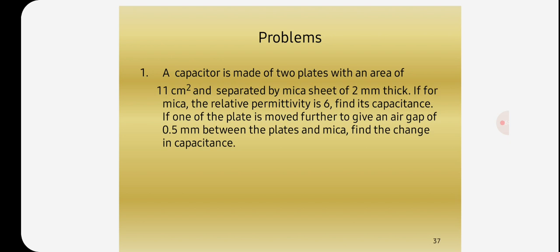So here a capacitor is made of two plates with an area of 11 centimeter square, separated by a mica sheet of 2 mm thick. If for mica the relative permittivity is 6, find its capacitance. If one of the plates is moved further to give an air gap of 0.5 mm between the plates and mica, find the change in